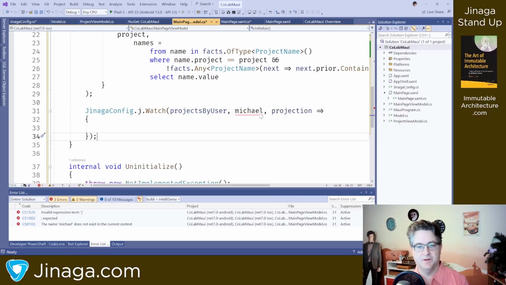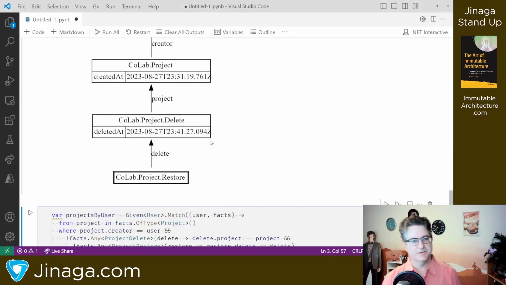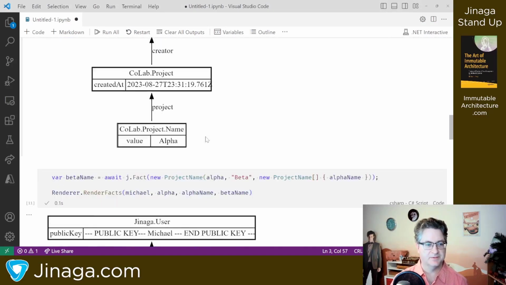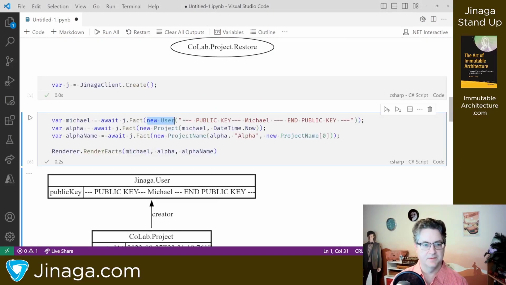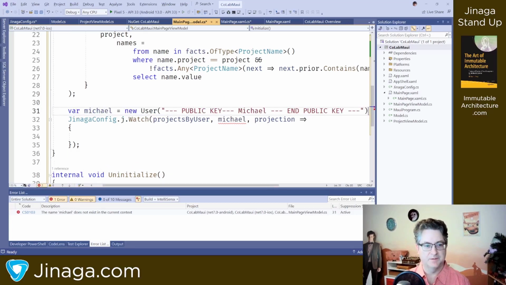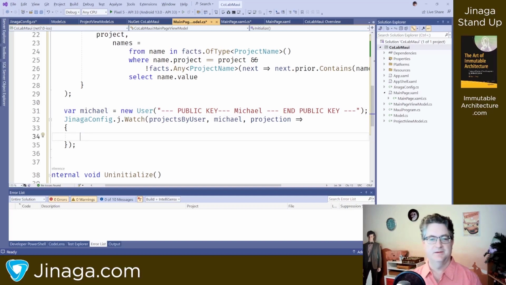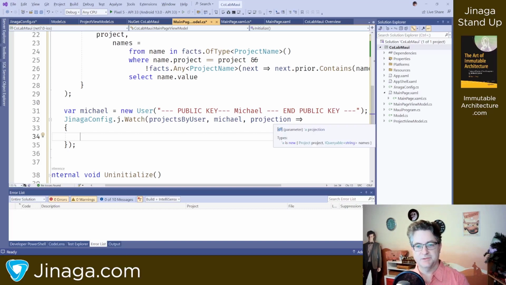So I need to know what that starting fact Michael is. For right now, I will just use exactly this fact here. So let's just take this inside portion, and we will use that as our parameter. So I'm not calling j.Fact here because I don't want to actually create that user. I just want that user to be the parameter that I use for this watch. So then once I've got a projection, that projection gives me the project and a queryable of type string for